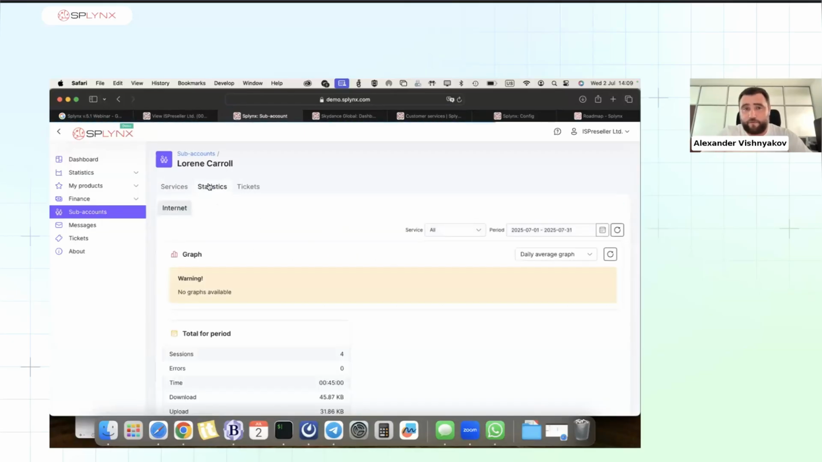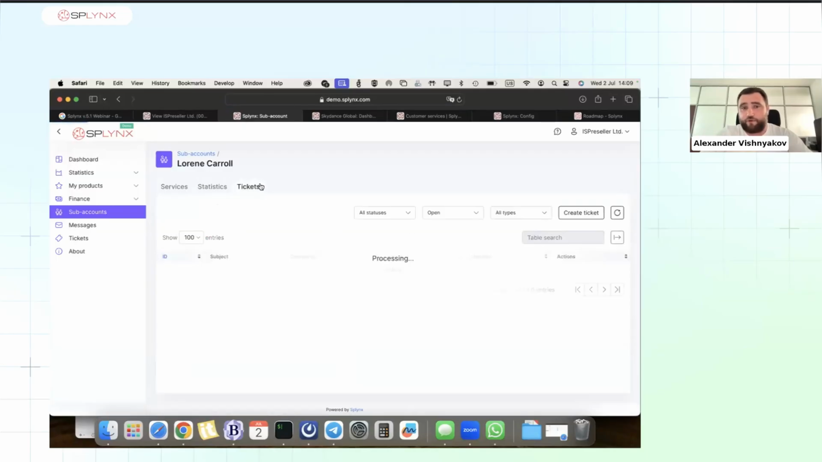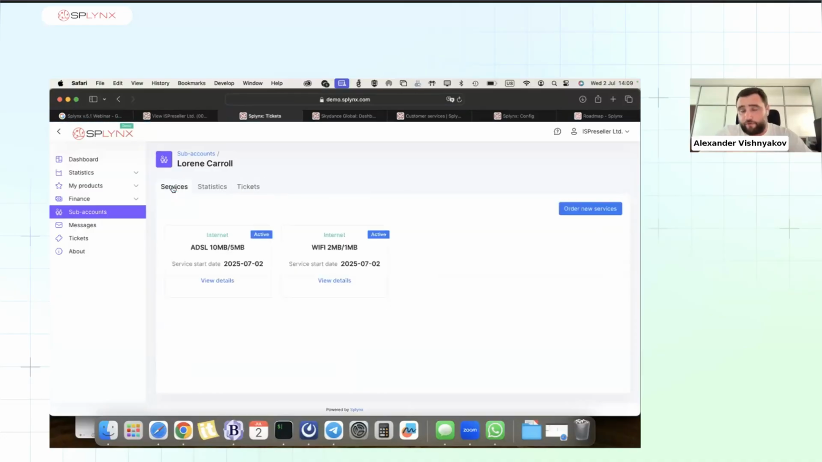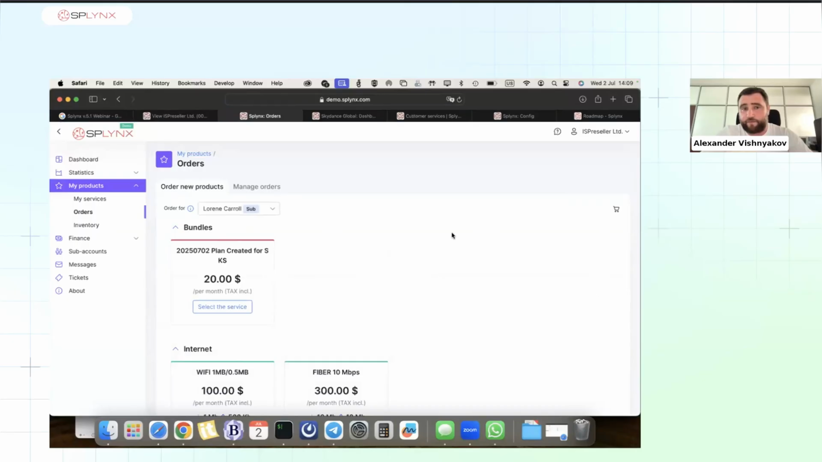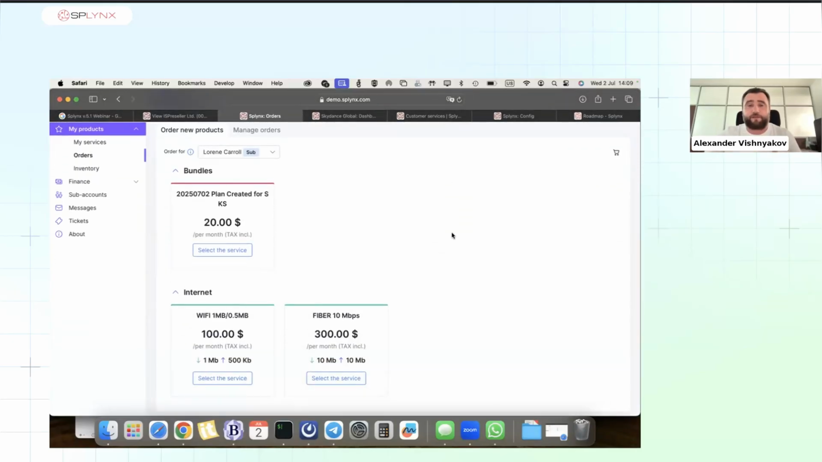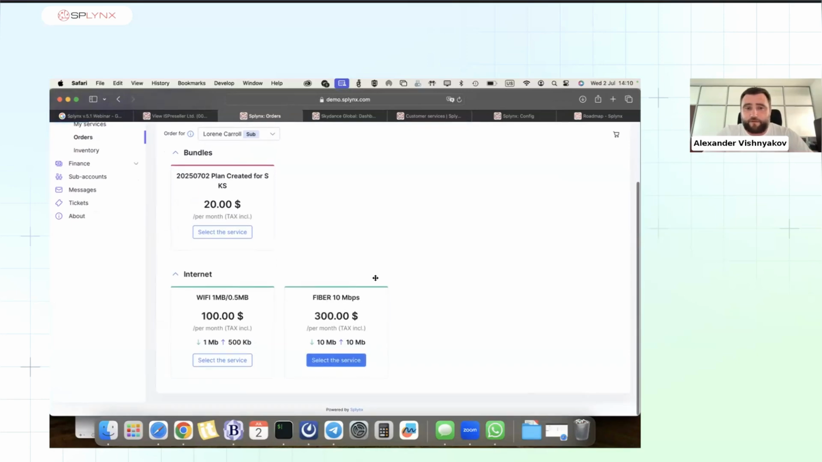It shows me statistics for this sub account, and whether any tickets were created, with also the ability to create a ticket. I can order a new service for this sub account. There is a button, order new service, and from the configuration of Splynx, I have the option to order a service for my sub accounts. So this is very useful for resellers. So I can select the service, and